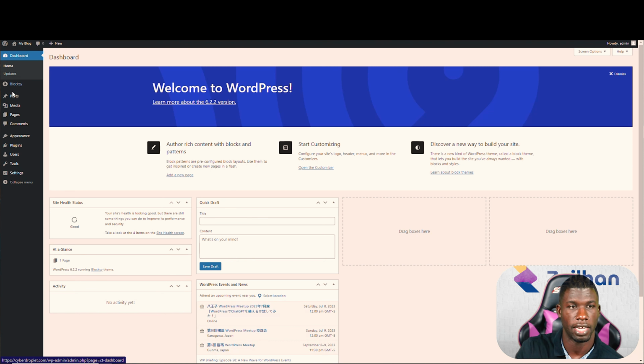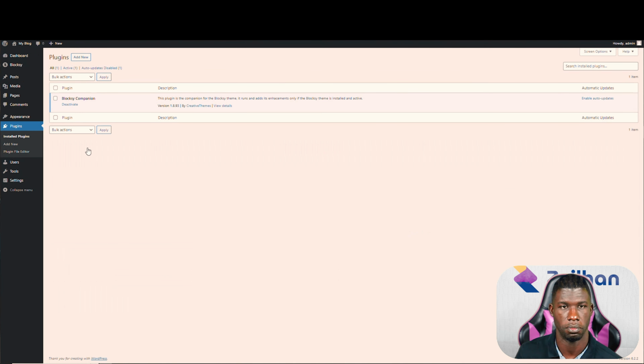So you go to the left panel here, you click on plugins and installed plugins. What we'll see here is a list of all the plugins that we already have installed. Some of them come installed with WordPress. Previously I had Hello Dolly installed, which is a default WordPress plugin. We don't need that, so I deleted it. And Elementor is not here. You can go to add new plugin, or you can go to plugins, add new, and that's where we will